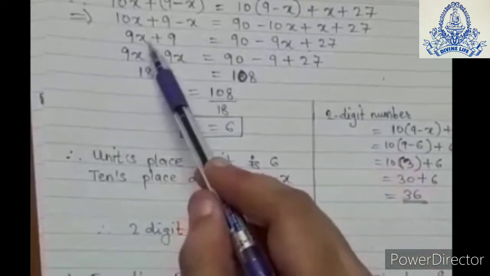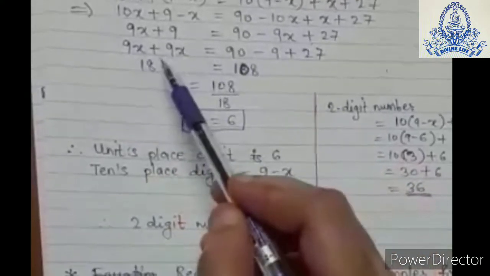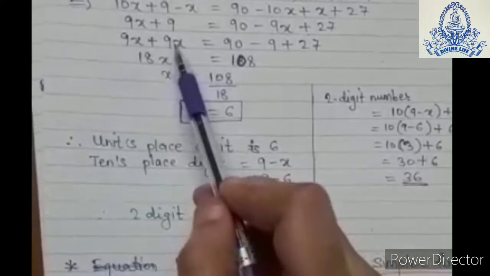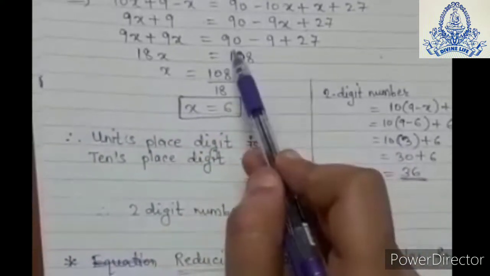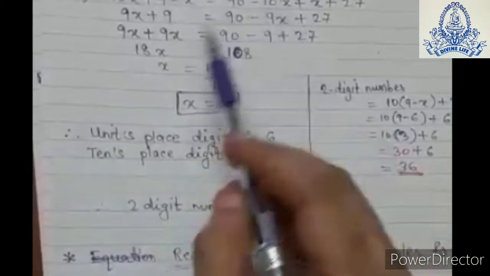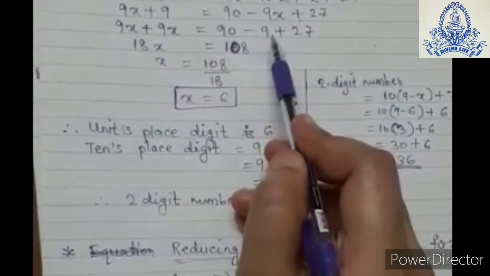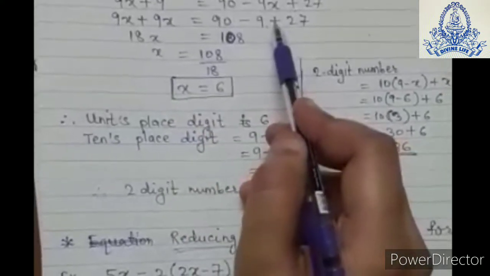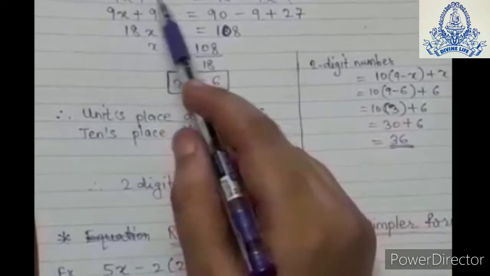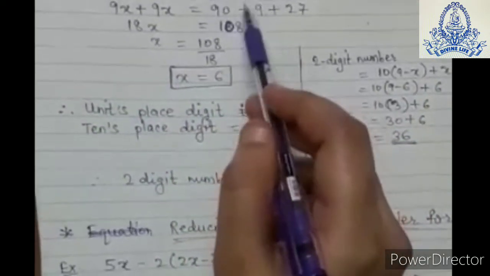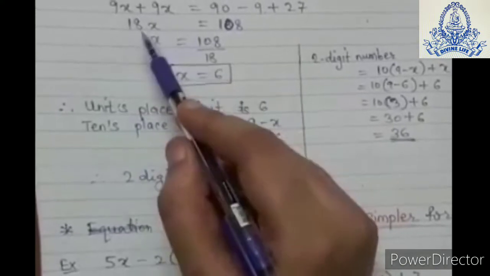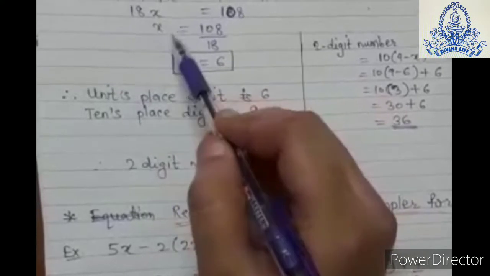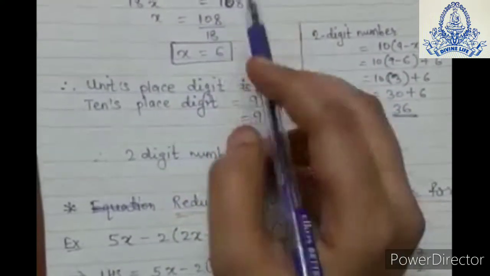So see, here also it is x term and here also it is x term. So bring x term together. So 9x and here it is minus 9x. So on LHS it will be plus 9x. So 90 plus 27 and here it was 9. So we have taken it here because 9x has come on LHS. So this 9 will go on RHS and it is here positive. So while going on RHS it will become negative. So 9x plus 9x, 18x, and 90 minus 9 plus 27 is 108. So x is 108 divided by 18, that is